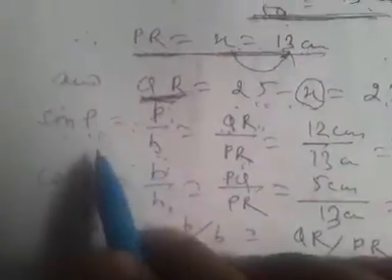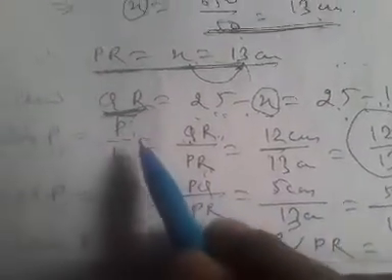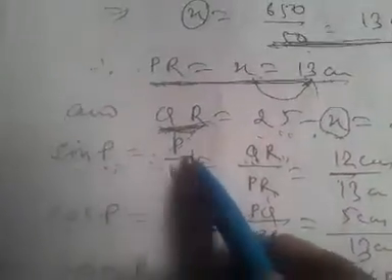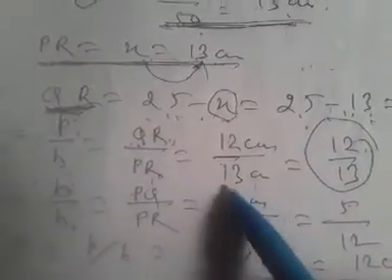Now we have obtained over here all ratios for angle P. Sin P is equal to 12 by 13. The ratio of sin P is equal to P by H. Sin is represented by the ratio of perpendicular and hypotenuse. Since for angle P, perpendicular is QR and hypotenuse is PR, so QR by PR is equal to 12 by 13 centimeter. The value of QR was given to us and PR is also given to us. This centimeter is cancelled out. What is left? 12 by 13.